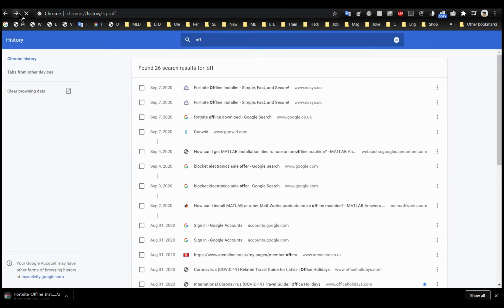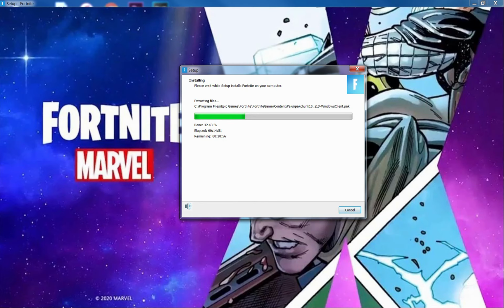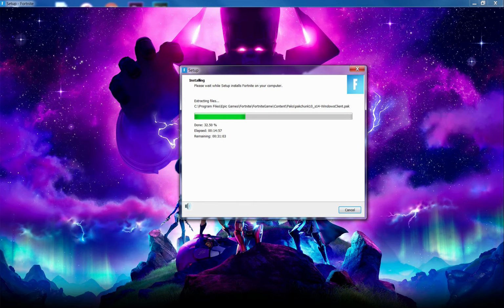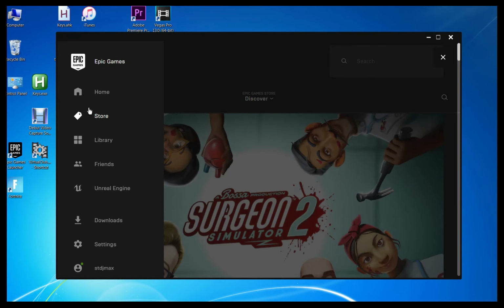Afterwards, open that and run the installer, and when the installer finishes, first select the installation folder that is your Fortnite, and make sure you have this correct. Install this, and when the installation finishes, open the launcher,